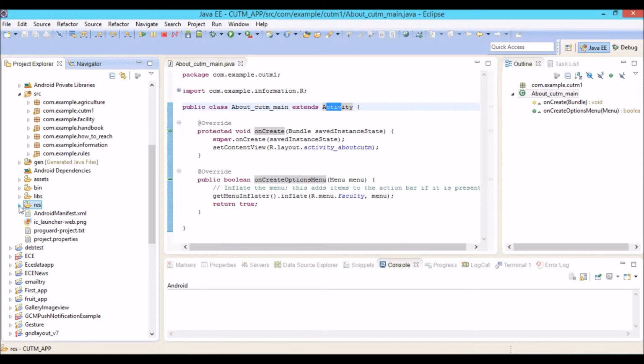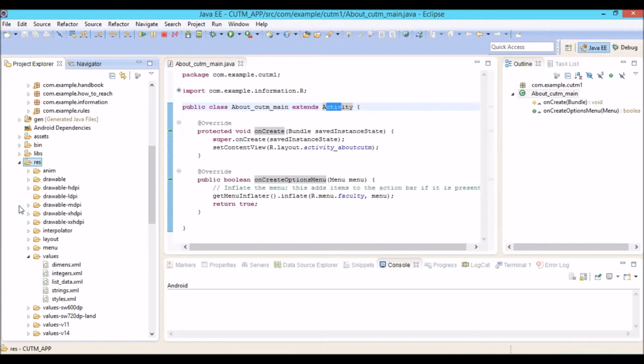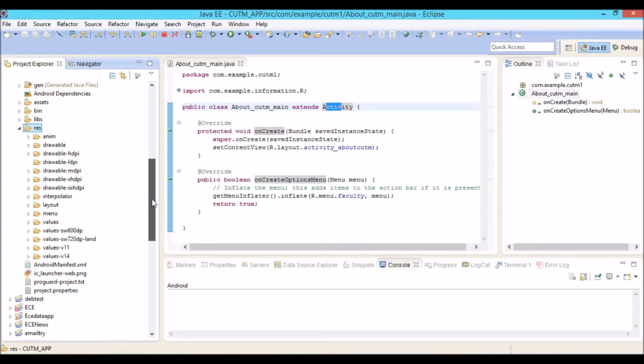And this is the most important folder, that is the res folder, the resources folder. It contains all the designing tools and all the designing folders, designing data required to make the app. There are many folders having their specifications as per the requirement of the user or the developer.